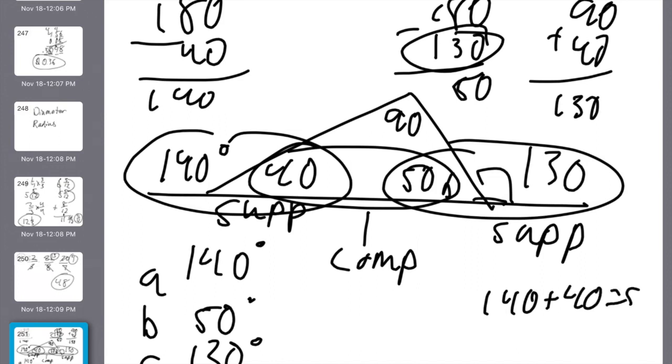140 plus 40 equals supplementary. 50 plus 130 equals supplementary. And 40 plus 50